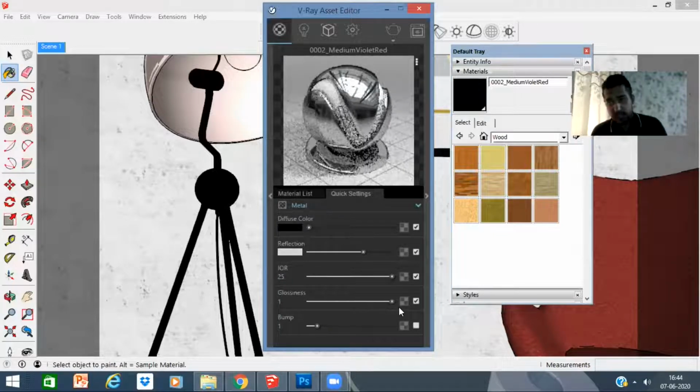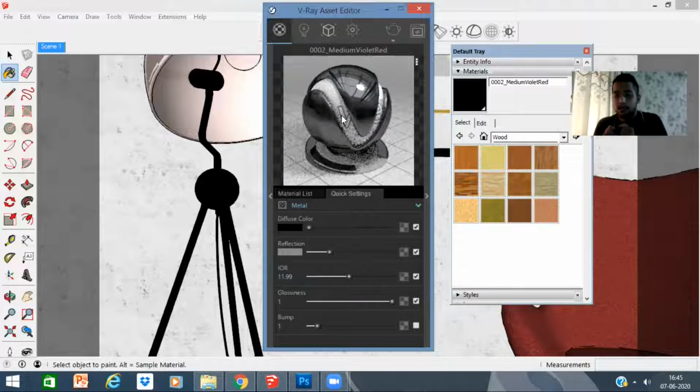So there is the reflection, but it's not 100% reflection because it's not a mirror, right? It has to have that darkness. It has to have that little vibe to it of a metal, right? So the more I reduce the IOR and the more I reduce the reflection, the darker it will get. The more it will start to retain its color. Because if it reflects all its color, it's 100% reflectivity, it becomes a mirror.